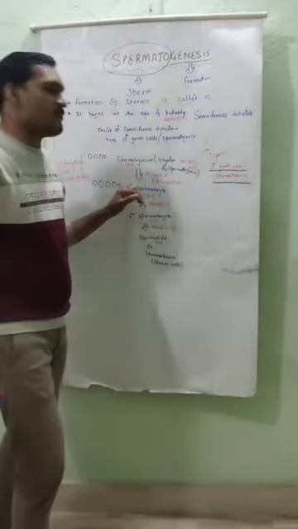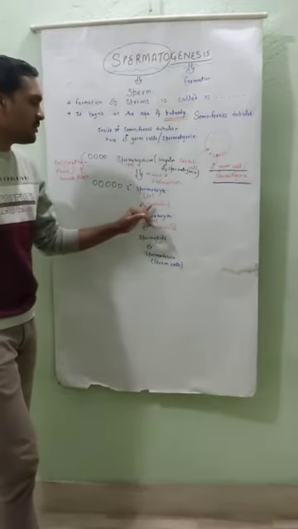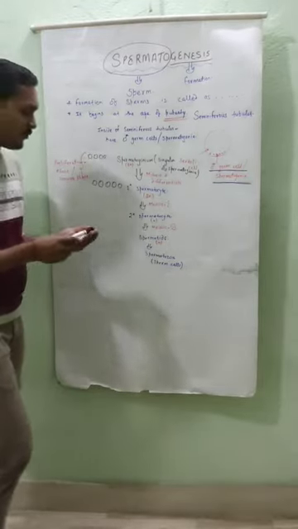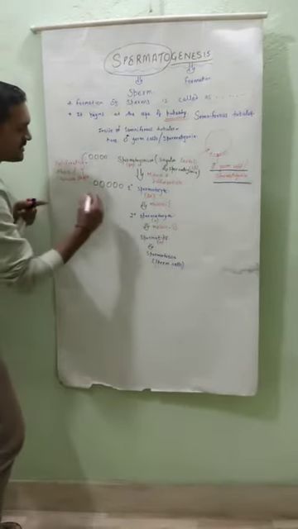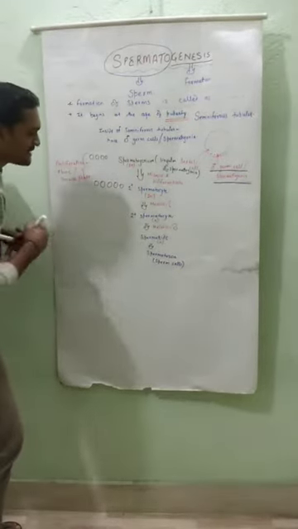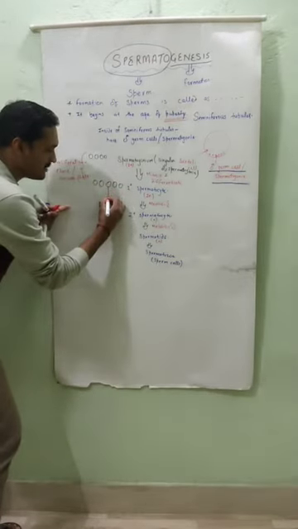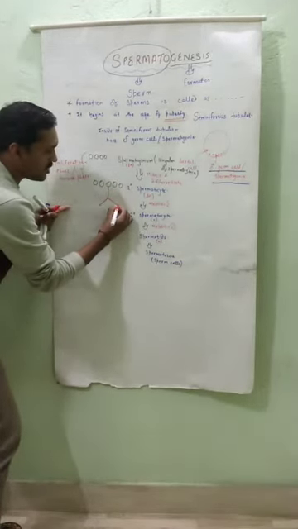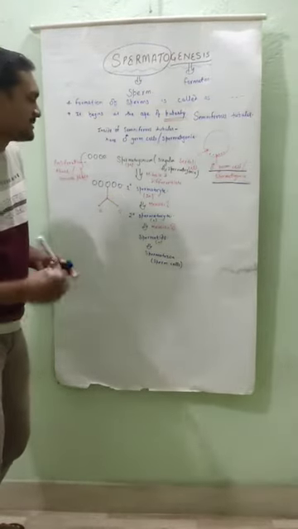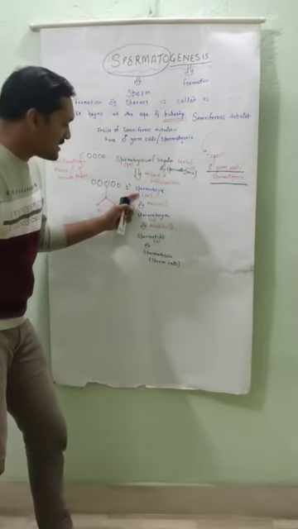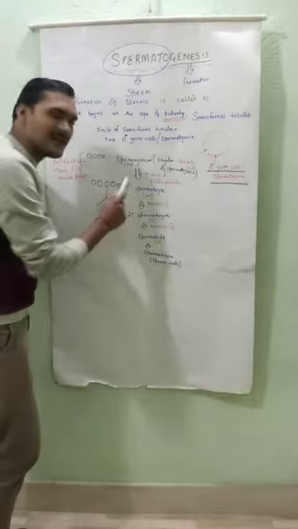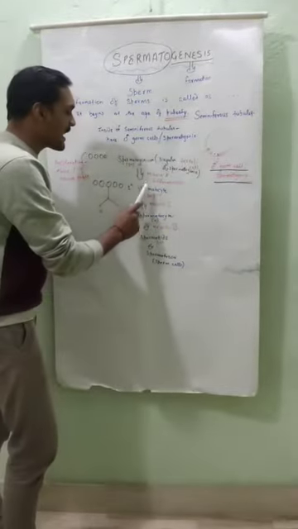So primary spermatocyte undergoes meiosis 1, and one primary spermatocyte leads to the formation of two secondary spermatocytes. Now, at this very stage, since meiosis 1 is taking place, the ploidy level will decrease from 2n to